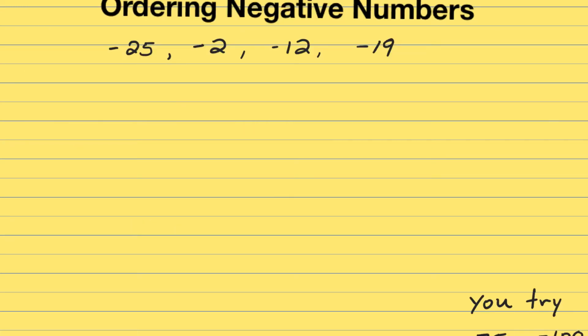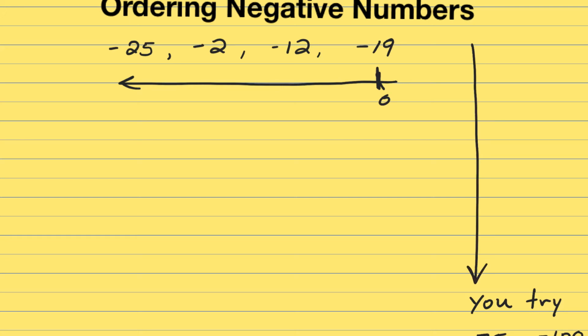What about ordering integers? In this case, I chose all negative numbers. So numbers that would be to the left of 0. Or we could think of this as numbers below 0, whichever one you choose. I like to look at negative numbers. It helps me to think of them as temperatures. So when I look at these temperatures,